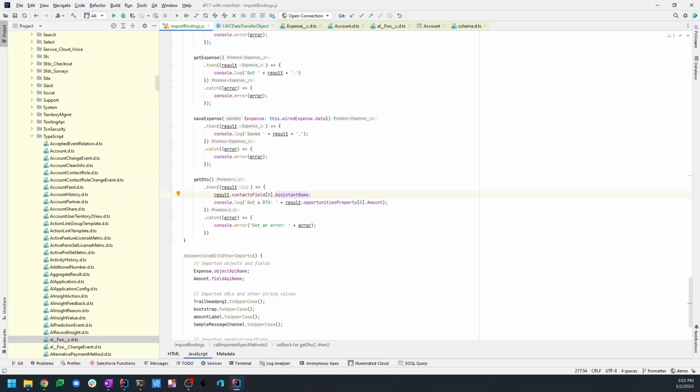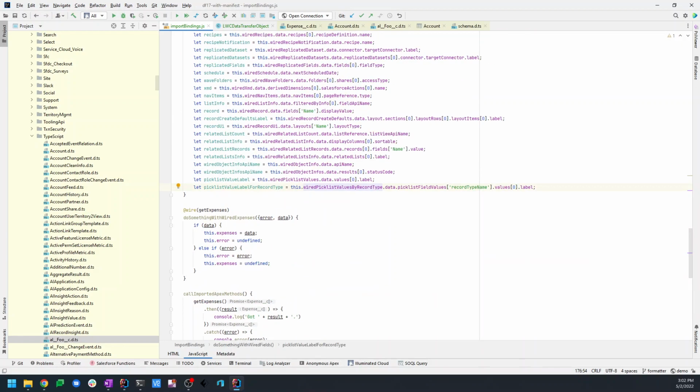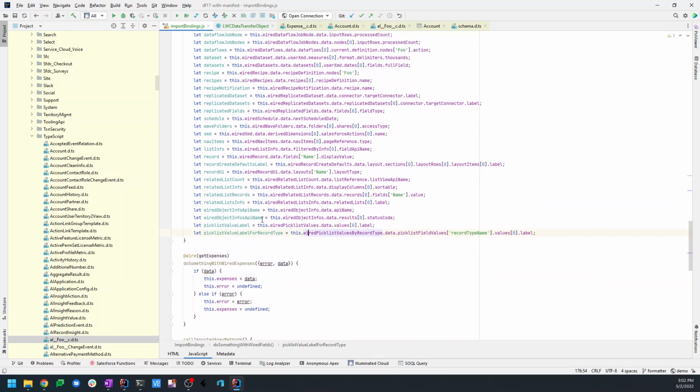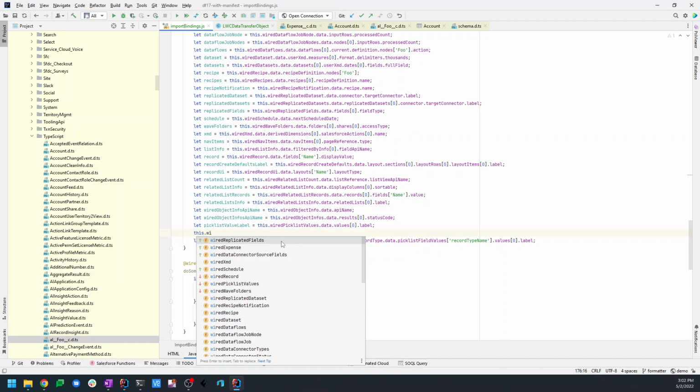So that's imperative Apex. Same thing is going to hold for all these wire adapters. Some of these wire adapters are pretty complex. So like get pick list values. Let's go ahead and look at some pick list values. I have examples of all these, but I'm just going to go ahead and type this out. Wired pick list values